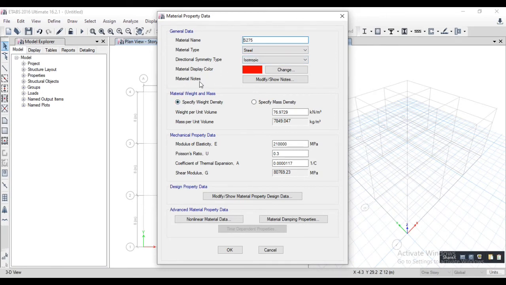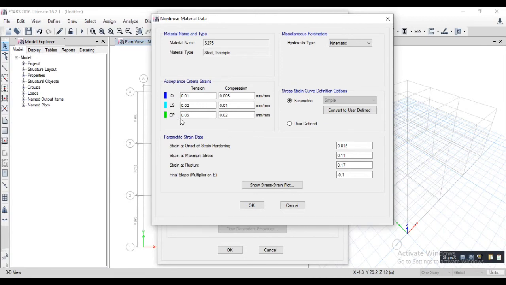And this is the material weight and mass density data. This is the mechanical property data. I do not recommend changing this material property data because it is also defined by the code and defined very precisely. So don't change this data. And if you want to go for non-linear analysis, then go here. Every value is already predefined, so don't change any value.